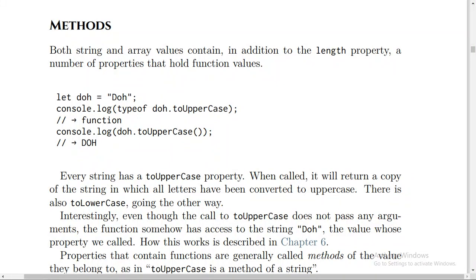Methods. So, what about methods? Both string and array values contain, in addition to the length property, a number of properties that hold function values, by the way. Like this example now. Let doh equal "doh" between double quotation marks, semicolon. Then console.log(typeof doh.toUpperCase); semicolon, the result will be function, and